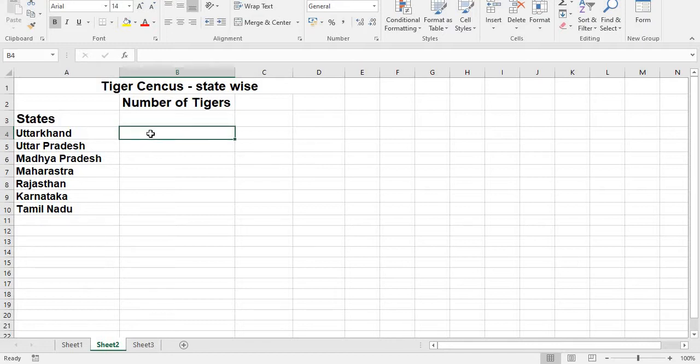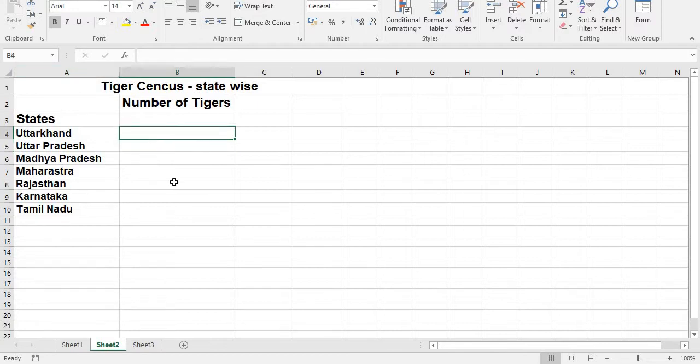Here I have placed my cursor point in this cell. You may raise a doubt: how will you find it? Already I told you in previous classes, this box tells about that address. This is nothing but the name box only. If you keep your cursor point here, it will display that cell address.